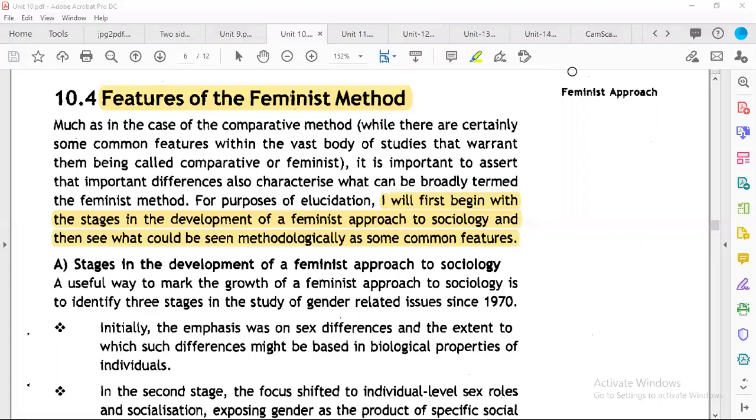We already know about functionalism. We already read about the comparative method. Now, it is another method, that is the feminist method. Just after the comparative method, we get another method, that is the feminist method. Now the question is, what is the necessity to introduce another method in sociology? The necessity to introduce a feminist method is that